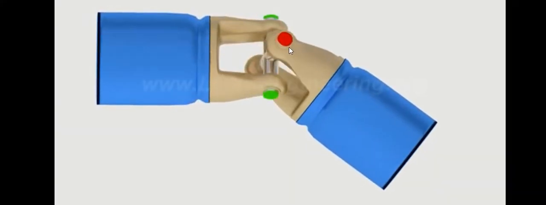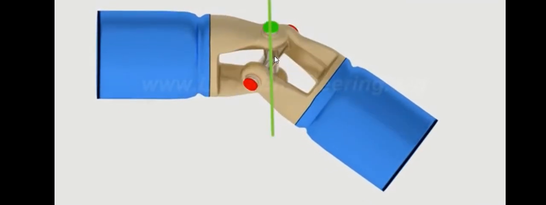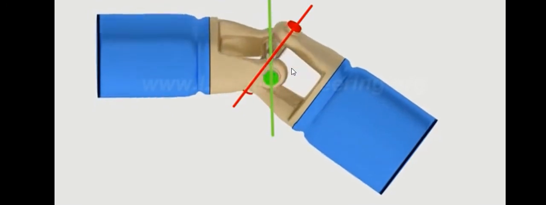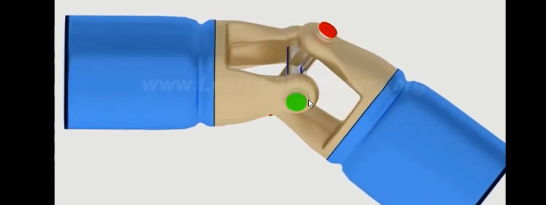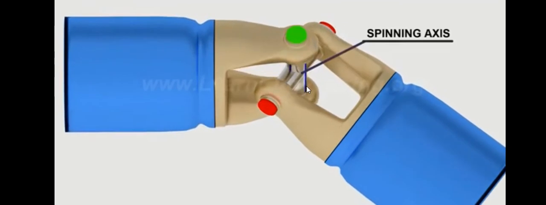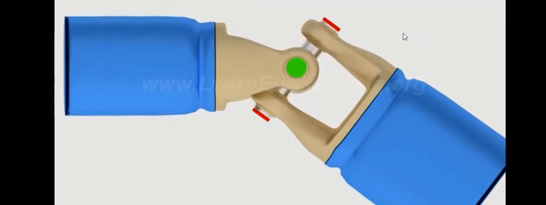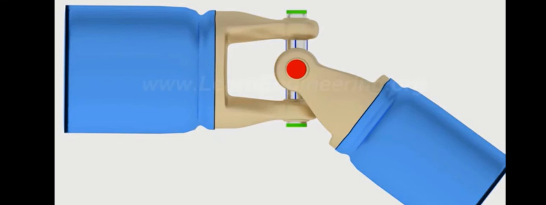Then only this shaft can rotate. You can carefully see that that cross member rotates about that axis. You see? That cross member rotates inside this green bearing or that hole. That cross member actually spins or rotates. That is a spinning axis. So that is basically what you have to learn from the universal joint or Hooke's joint or Cardan joint.